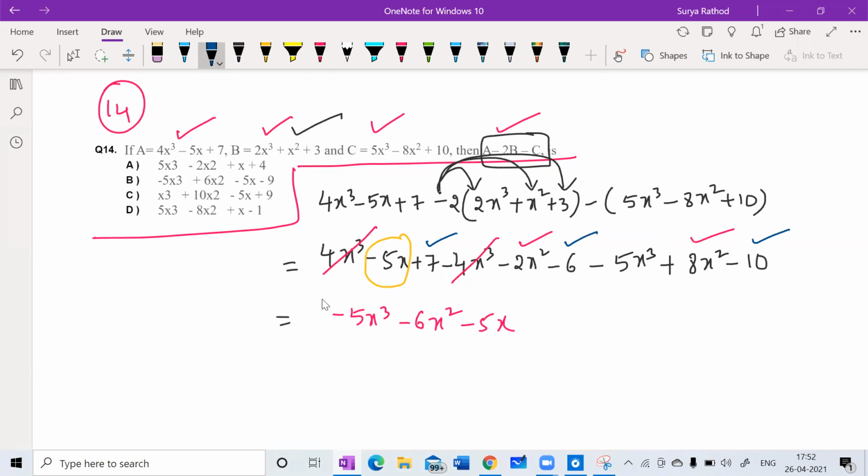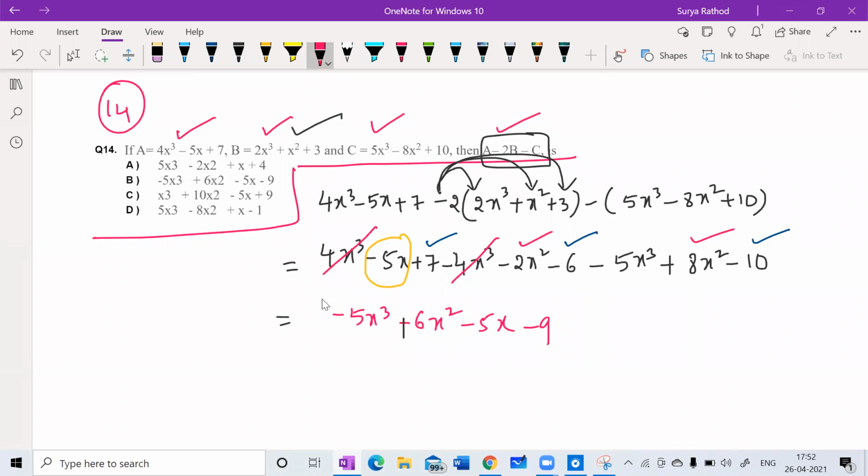Sir, it's actually plus 6, right? Yes, sir, because plus 8 is greater. So the answer is plus 6x square. Oh yeah, sorry, you're talking about this one. Yes, I am sorry. Very good observation. Look at this here. How many constants? Plus 7 minus 6 minus 10. So what is the answer here? Minus 9.